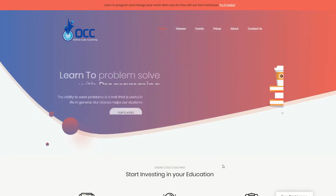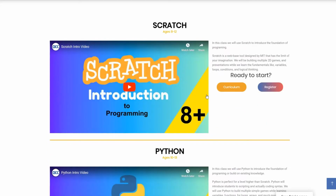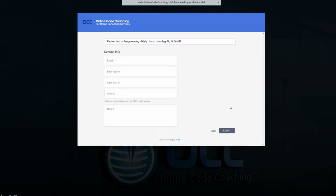So, how does it work? It's quite simple, really. First, the student will pick the class they're interested in. Then, they will pick the time and day for their free trial. We want to make sure that they're able to sample it and test it, make sure they like it before